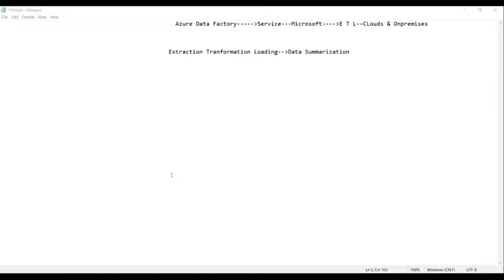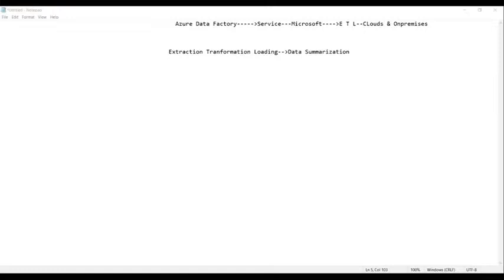Here, as we cannot install it, we don't need to install and download anything.